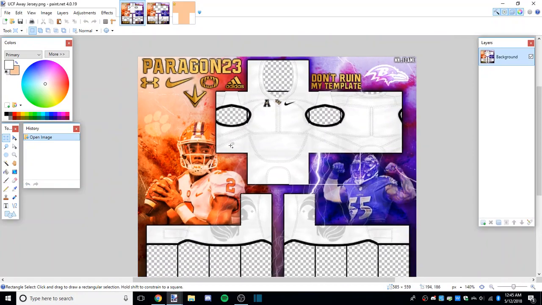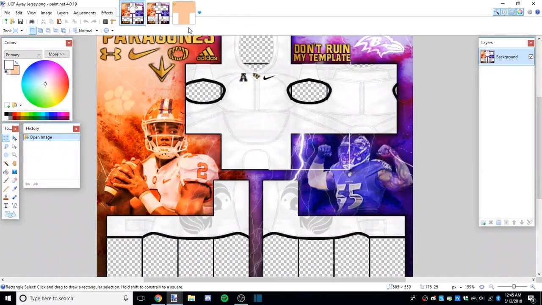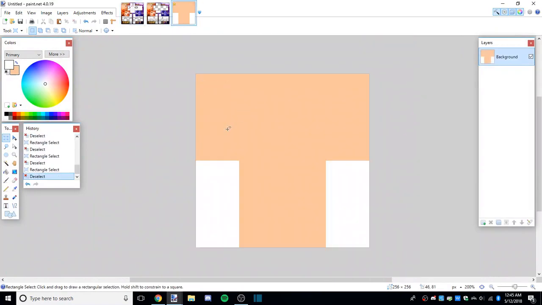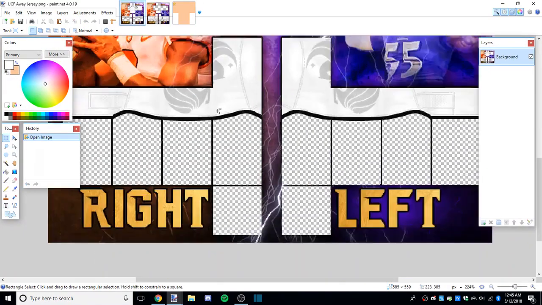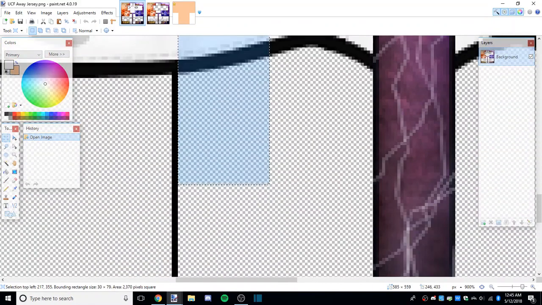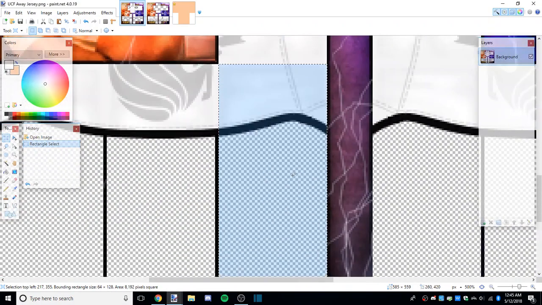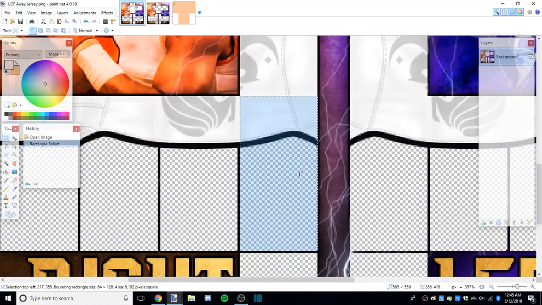So let's go ahead. We're going to first do this arm. We'll do it in order. This is the right arm as if it were facing you, so it's this area here. We're going to copy the whole face. It should be 64 by 128, as you can see at the bottom. You're going to do a Control-C and copy it.